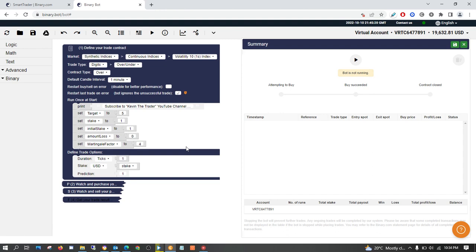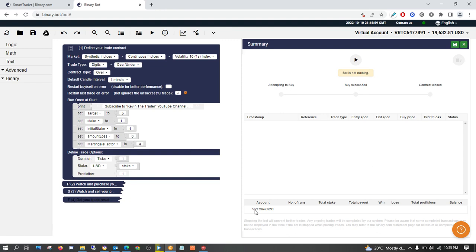But if you want to trade, then first of all start with your virtual account and see how the market is. If the market is conducive for you, then go ahead and trade. So with this bot, I know most of you guys have this bot. It's just that you don't know maybe how to use it. But today I'm going to show you how you can use this. The Over Zero, I know most of you guys have it. Over Zero, a pro bot, I think that is the name of it. So this is how it works.